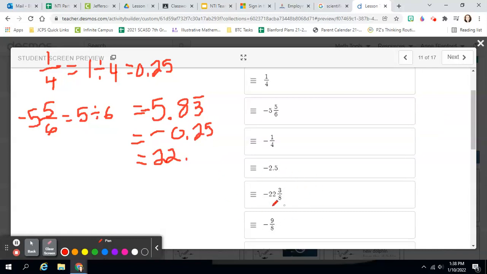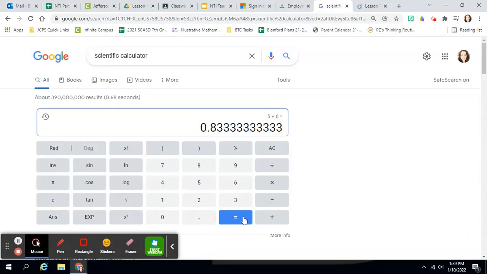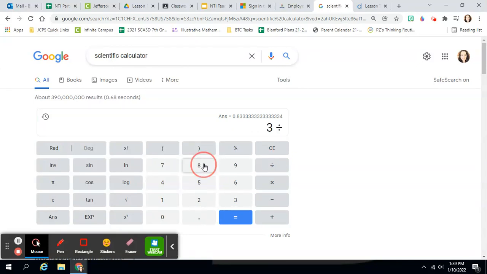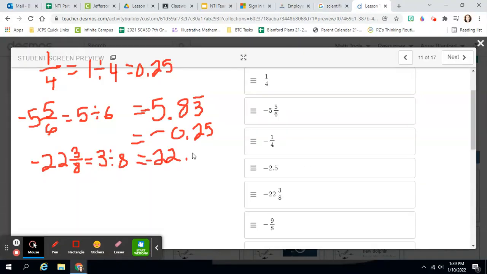And then I do the same thing. The 3/8, we didn't do that part. So it's negative 22 and 3/8. All we have to do when we calculate is do the 3 divided by 8. And that's going to give us the decimal part of this number, right? So I'm going to come back. I'm going to do that. 3 divided by 8, 0.375. So that means here it's going to be negative